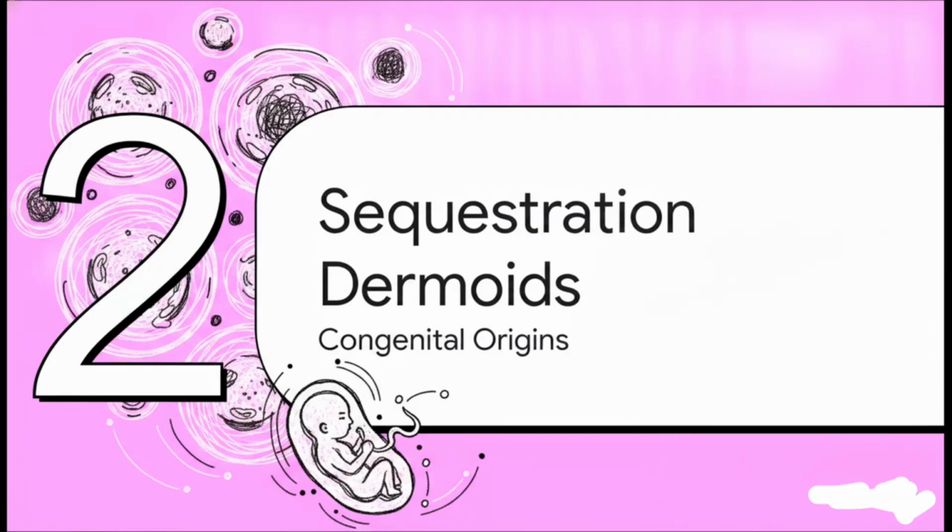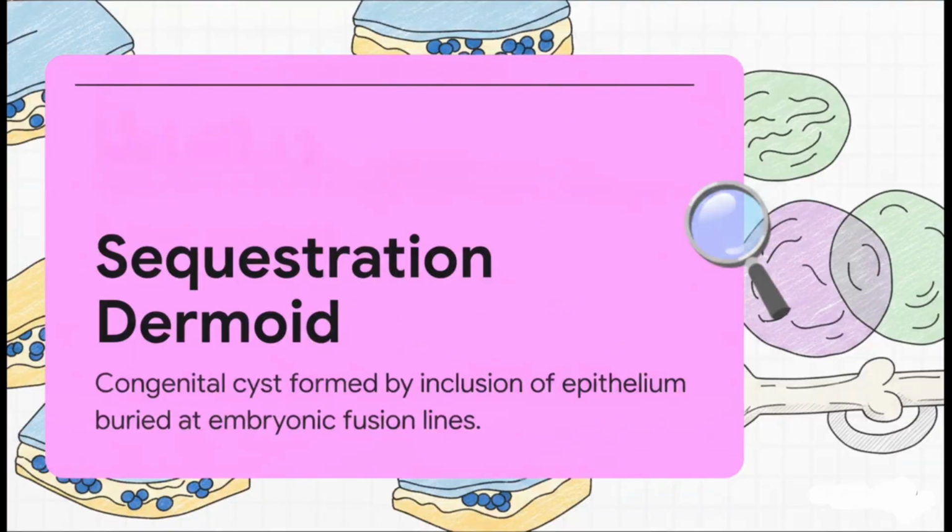Right. Moving on to Section 2, sequestration dermoids. Now, the sequestration dermoid is a congenital variety. That means you're born with the foundation for it already there. During embryonic development, as all the different segments of the body fold and fuse together, a few of those surface ectodermal cells can accidentally get trapped, or sequestered, deep down in the tissue layers. Fast forward, and over time these trapped cells proliferate, eventually liquefying to form a cyst. And get this, because bone often develops right near these fusion lines, the cyst can sometimes literally create a dent